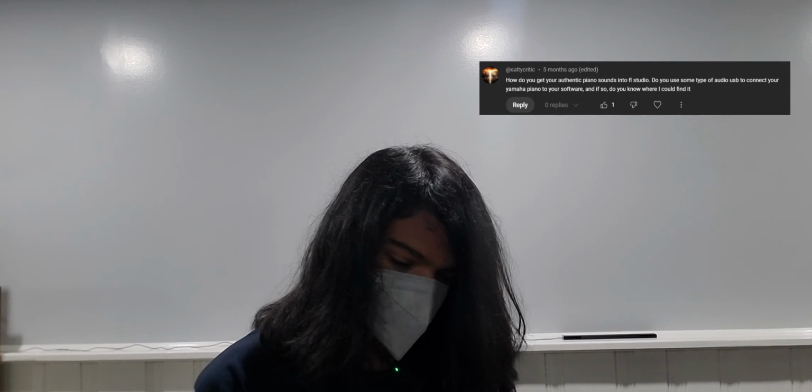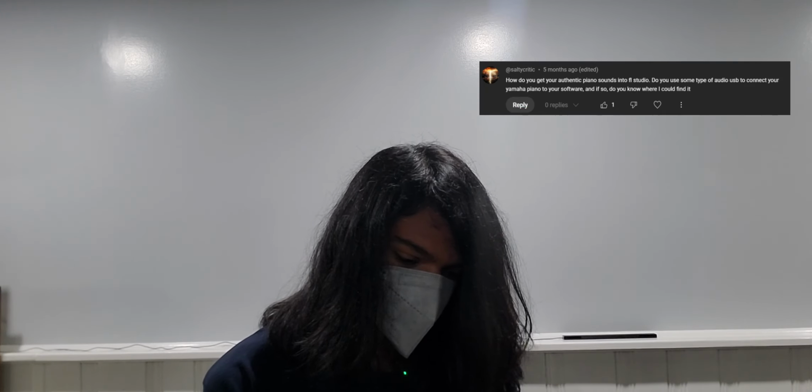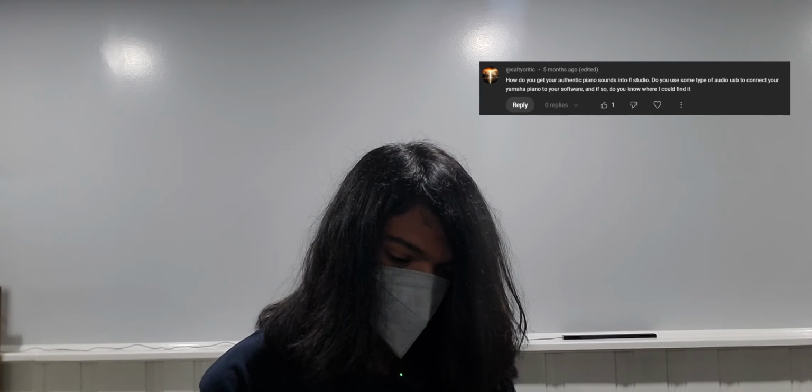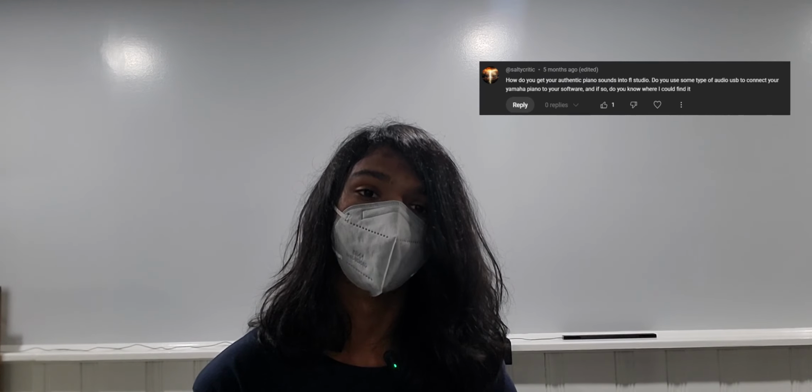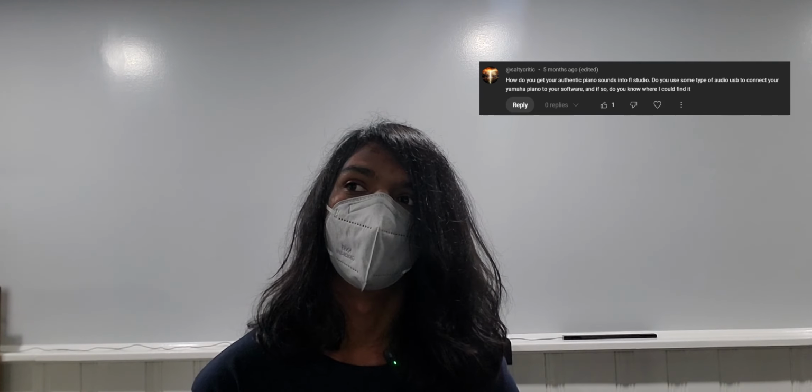How do you get the piano sounds into FL Studio? Do you use some type of audio USB to connect your Yamaha piano to your software? And if so, do you know where I can find it? The Yamaha C7 in FL Studio Mobile is an FL Studio Mobile pack, so it's a virtual instrument.